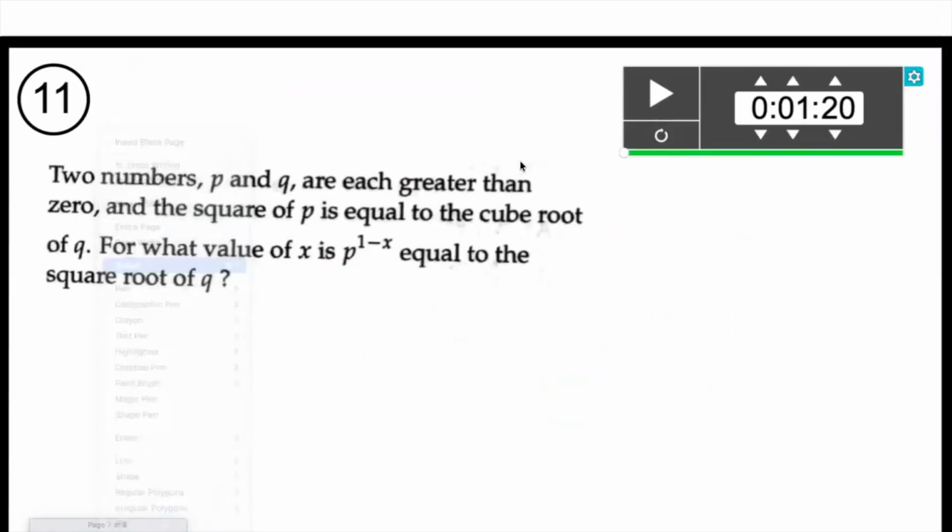All right. I got 1 full. I got something different. Okay. Yeah. This is a pretty tough one. So